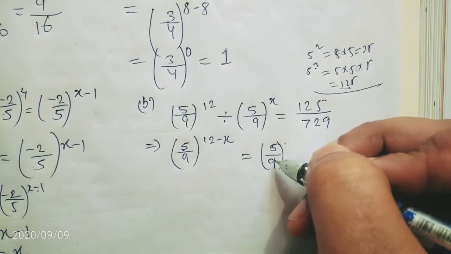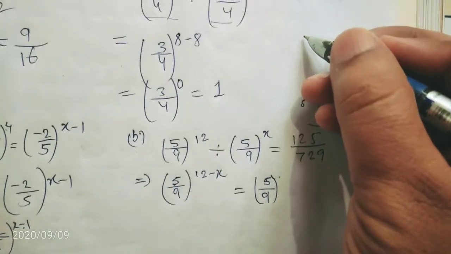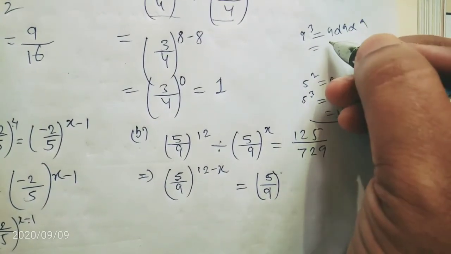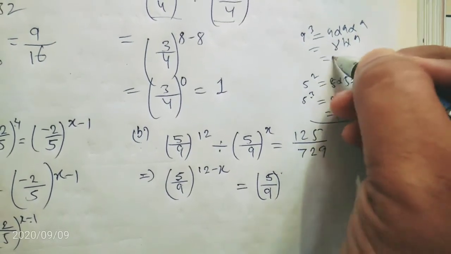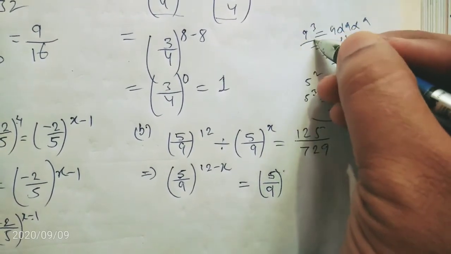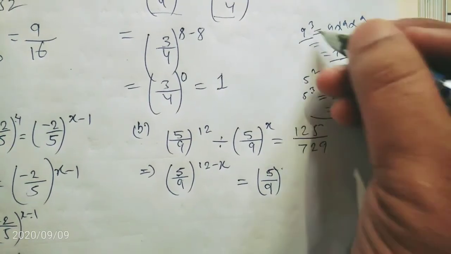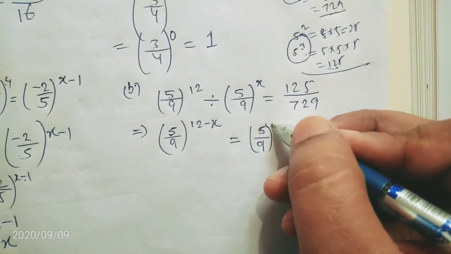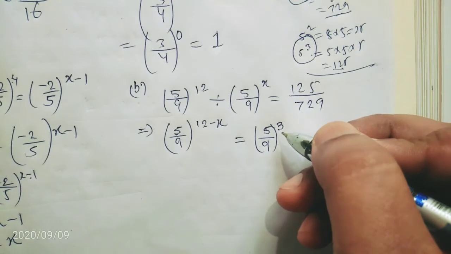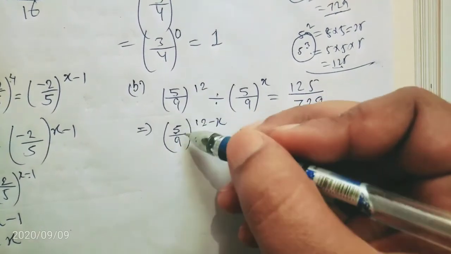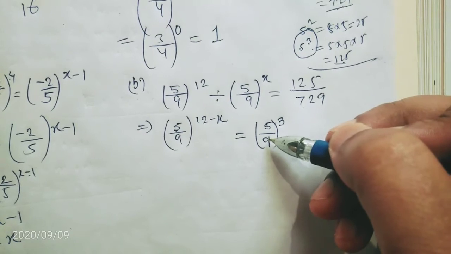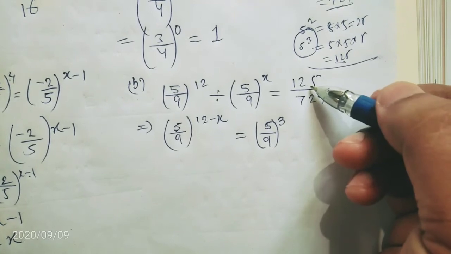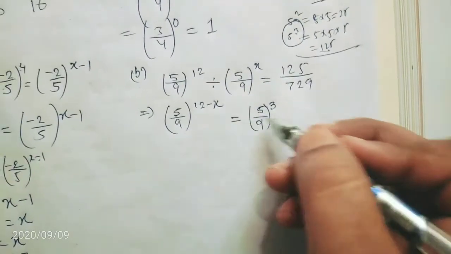And again try with 9 also. So 9 power 3, so 9 into 9 into 9, 9 9s are 81, and 81 into 9 is 729. That means when you multiply 9 also three times, it is coming 729. So the power will be 3 here. The common power should be written here. So here you will write 3. So, understood the concept? When the base on one side is given, the other side base will also be the same. The only thing you have to identify is how many times it will be multiplied, that means what power you have to find out. So now the question is simple.